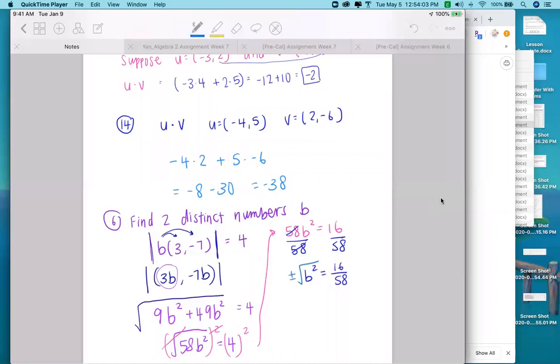So the squares get canceled out. So I have b equals plus or minus 4 over the square root of 58. But since we cannot have square roots at the bottom, it will be 4 square root of 58 over 58. And yay, we're done with our